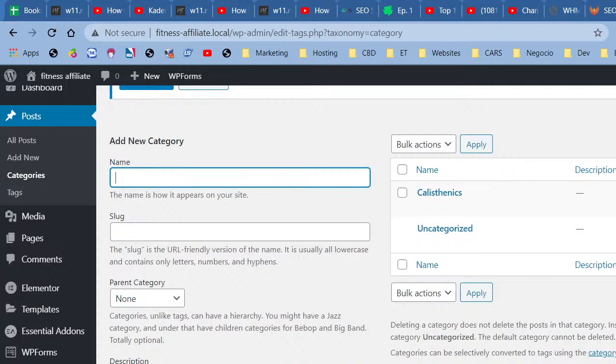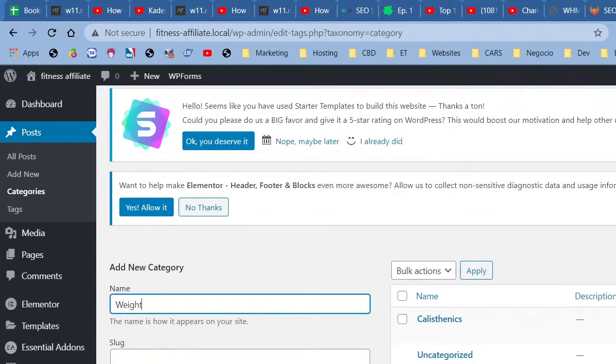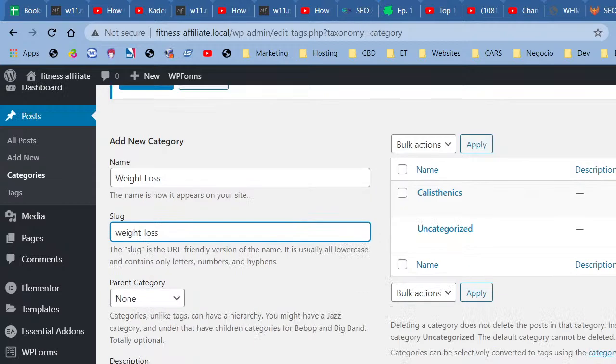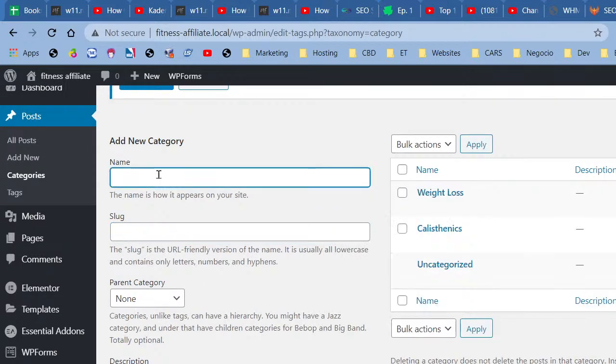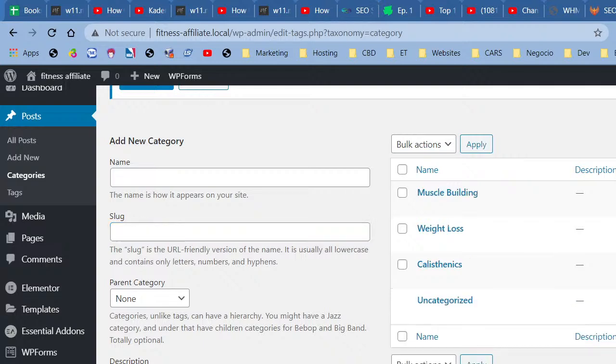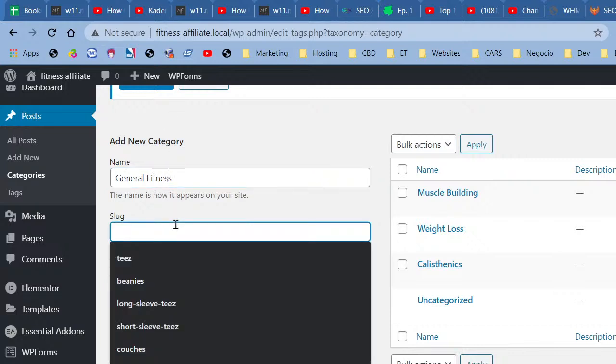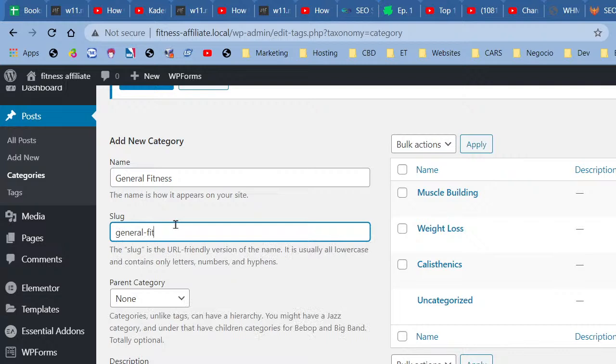So calisthenics, we have weight loss. So these are blog post categories, right? Weight loss. Beautiful. We're also going to have muscle building. And this should be capital, muscle building. Okay. We're going to have muscle building. All right, and we're gonna have general fitness, and we have general fitness. Okay,